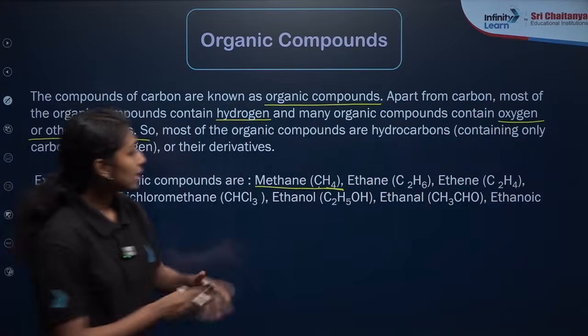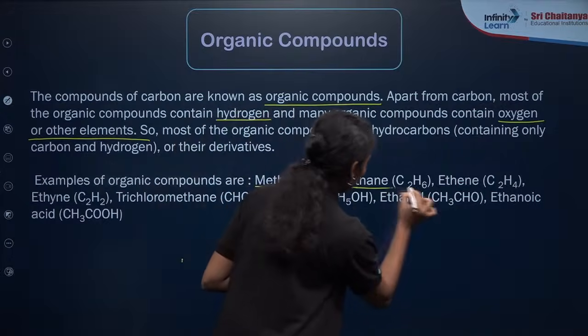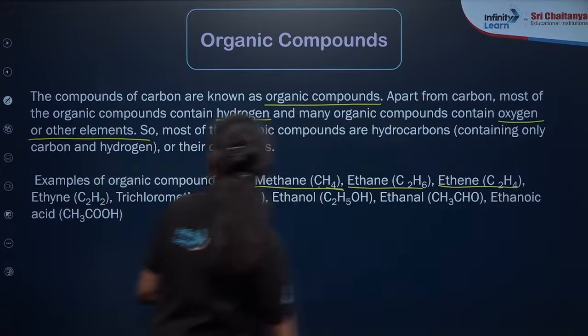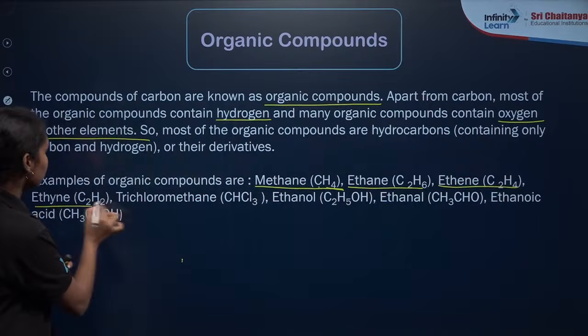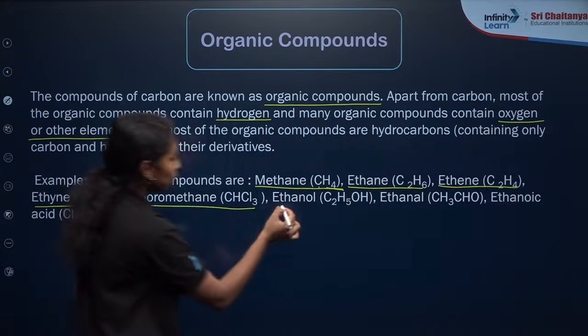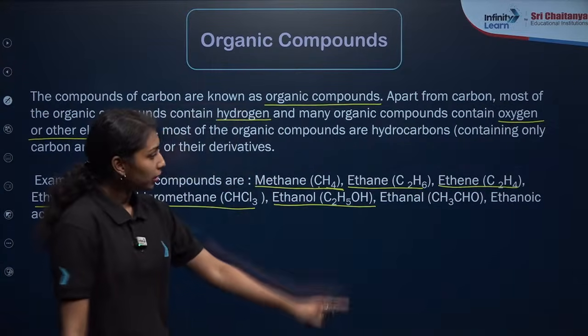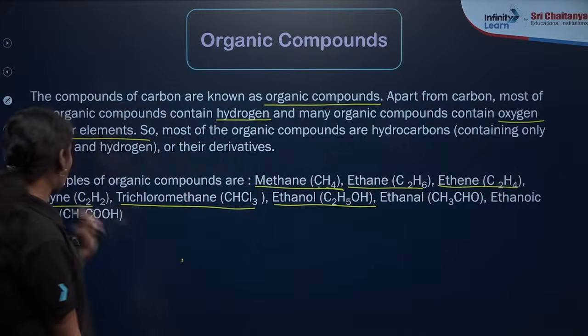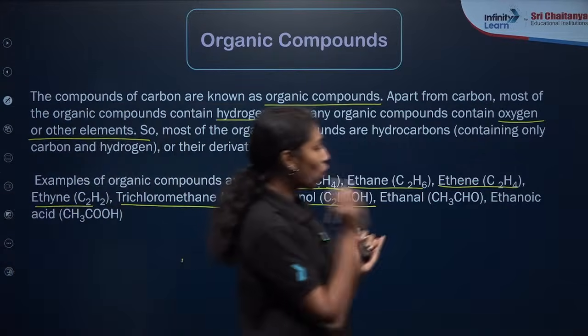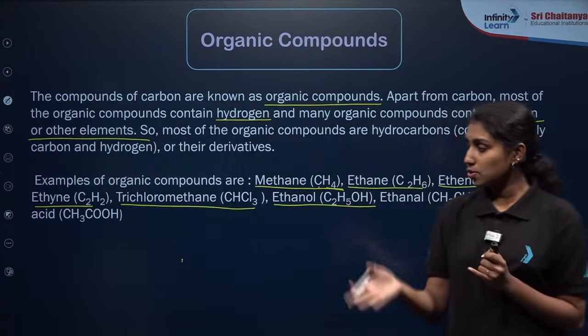See here, second example is ethane, C2H6, then ethene, ethyne, trichloromethane. Don't get confused with the names. We will be discussing the nomenclature of carbon compounds in detail. Ethanol, ethanoic acid. So what you are observing here is that along with carbon, hydrogen is also present, and oxygen is